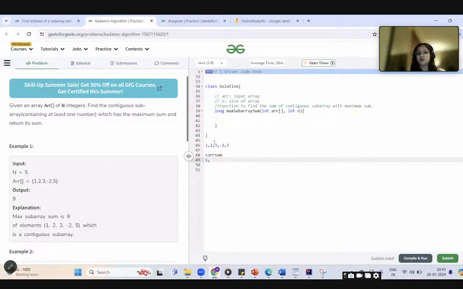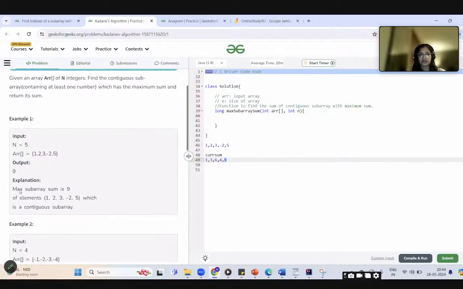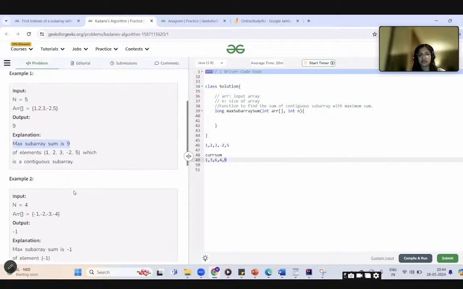Then I add 2 to it, so 1 plus 2 is 3. Then 3 plus 3 is 6. Then 6 minus 2 is 4. Then 4 plus 5 is 9. So this is the subarray. What will be the maximum sum subarray? That will be 9, right? So the explanation is that the maximum subarray sum is 9.